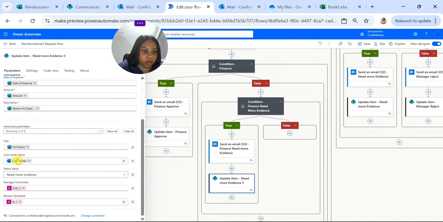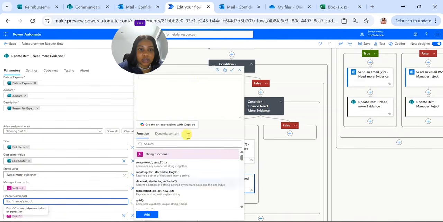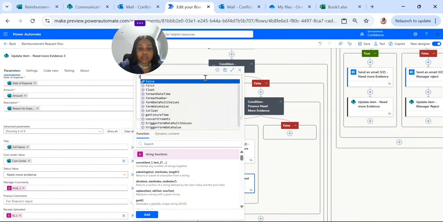And then we come here to status, need more evidence, correct? Then manager's comments, correct? But here we need to add something else. We need to add a finance comment, right? We need to add the finance comments, and then doing that, we add an expression, and the expression would be,